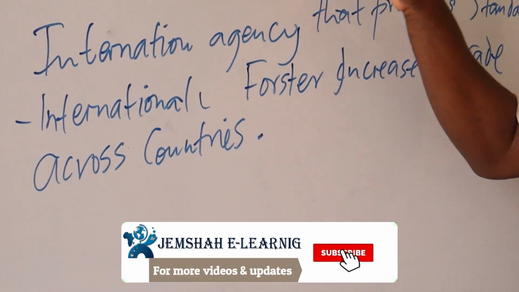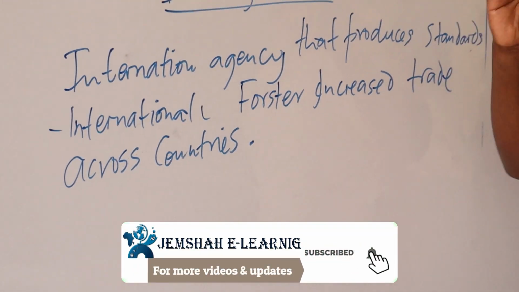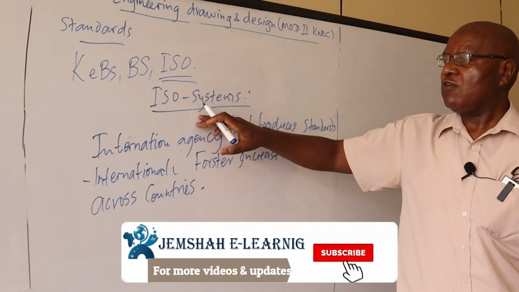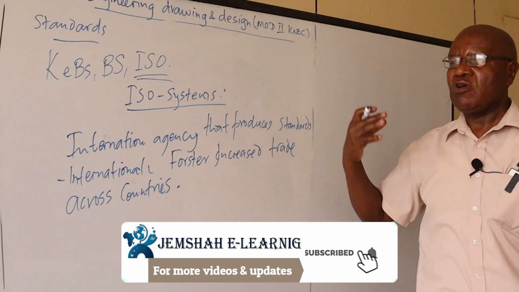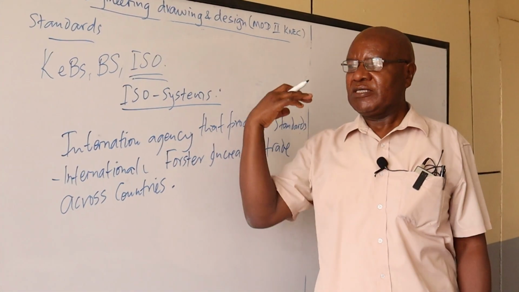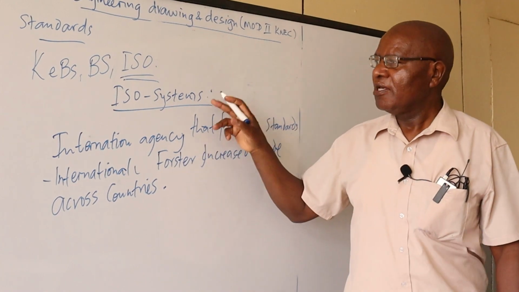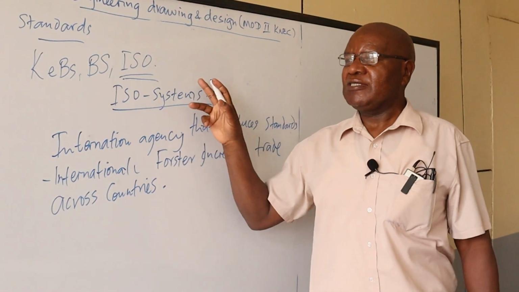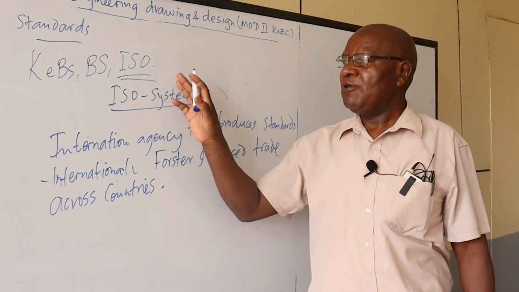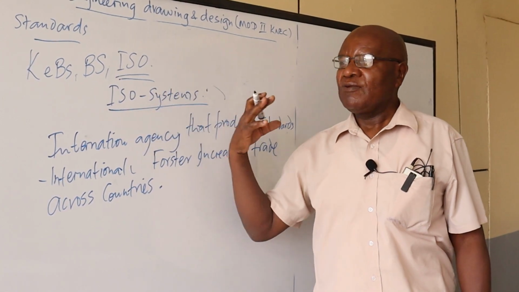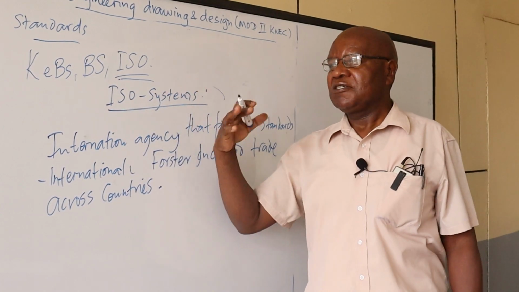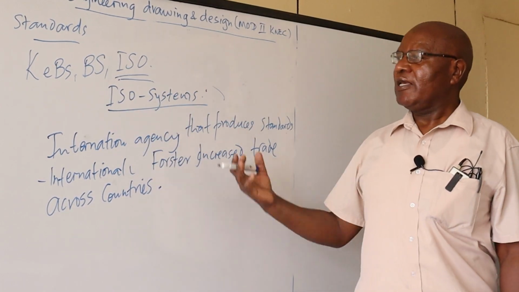Now, if you have got ISO and you want to buy something maybe from Brazil, you know that if it conforms to an ISO standard which you are familiar with, you can simply buy it from there and import it. Likewise, any other country, whatever you're making here, if it comes to an ISO system, they can simply buy it. Everybody's aware of the standard system, and he knows whatever he gets will be complying with that. If he doesn't, you can sue and get your